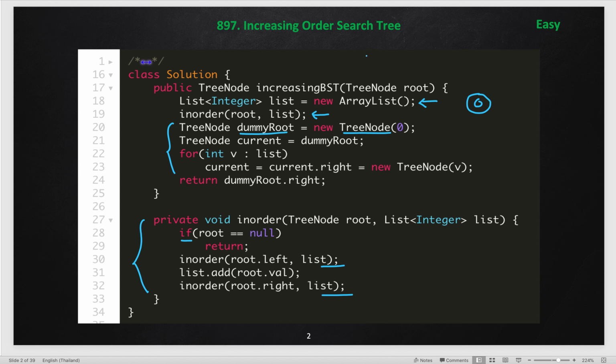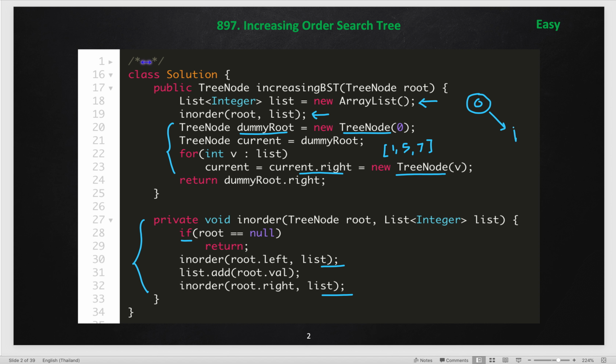If we take that previous example tree, it will give us in the list 1, 5 and 7. Once we have these elements, we will iterate. For 1, we will add the right side. We create a current pointer which is pointing right now at the dummy root, and then we update the current. This line of statement basically combines 2 lines: current dot right is equal to new node from the value v.